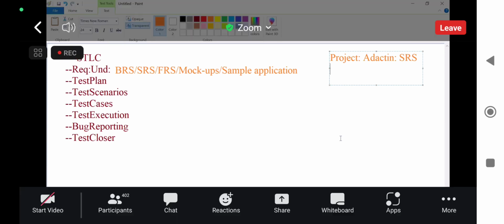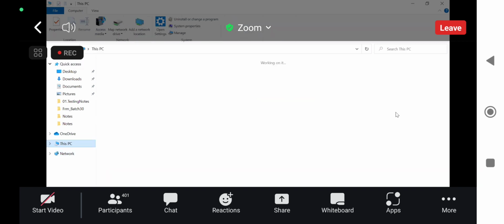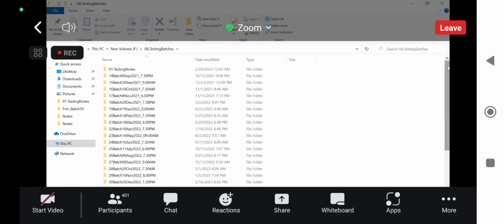This particular SRS document. Okay, what we'll do is, previously we had already done the folder structure, so you guys also created all the respective folders in your local system. If we look into that particular folder structure,